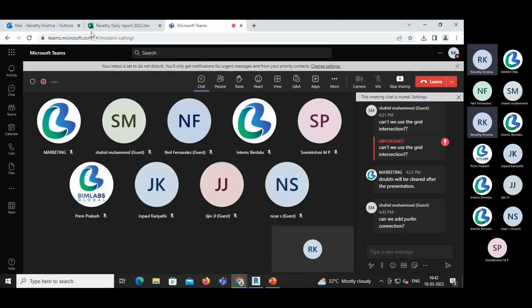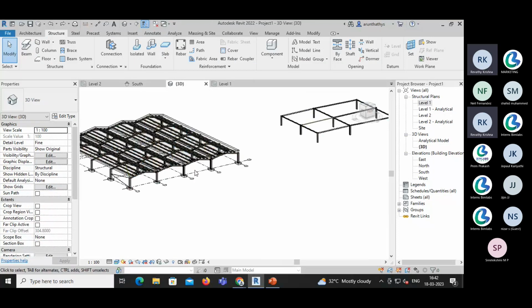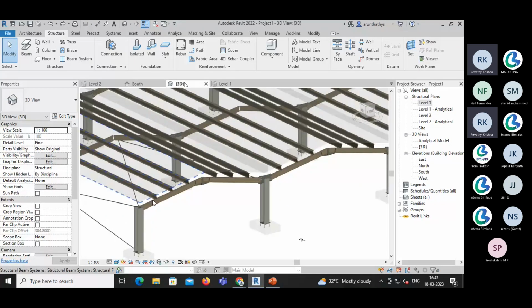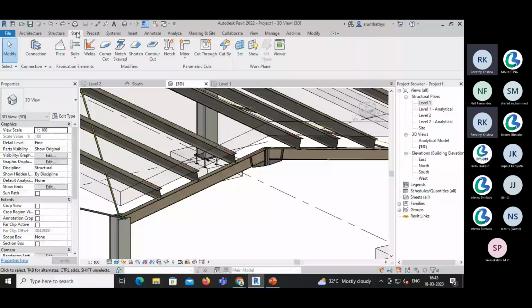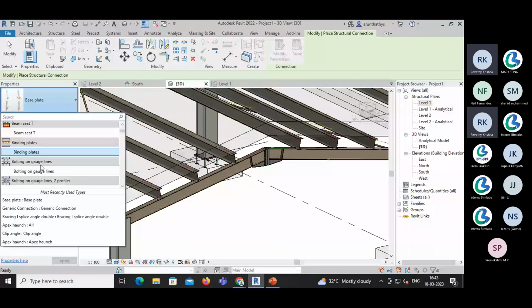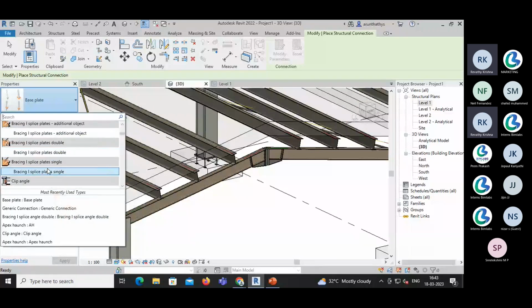Yes, we can provide a purlin connection. If you want to provide a connection, go to the 3D model. Here we have beam end-to-end connection or beam-to-beam connection. From the steel tab, we will have the connection option. Click on that. From here, we can pick any of the suitable connections for the purlin. So if I'm selecting a connection for beam-to-beam connection, you can select